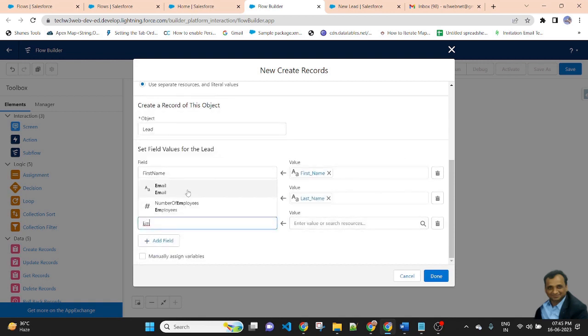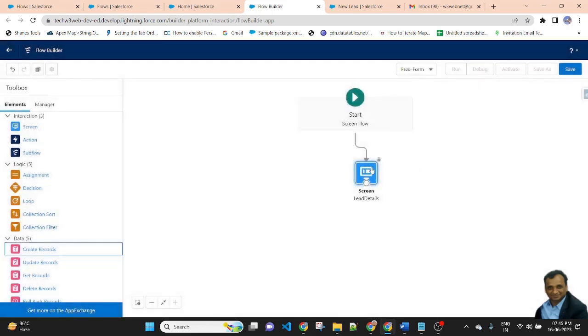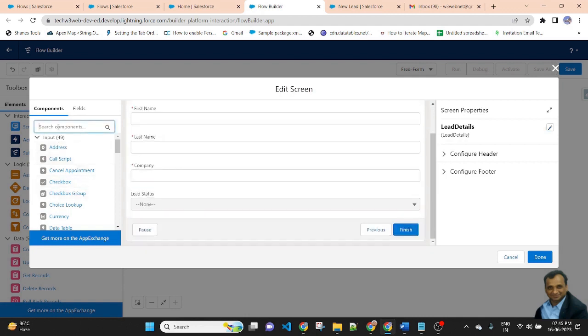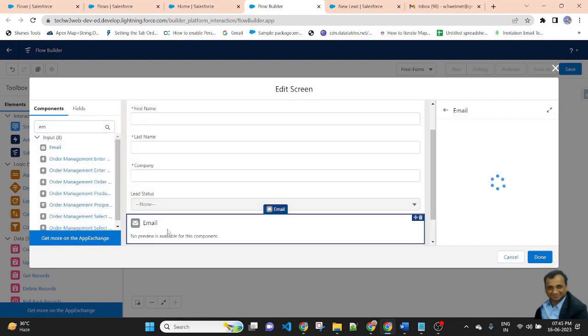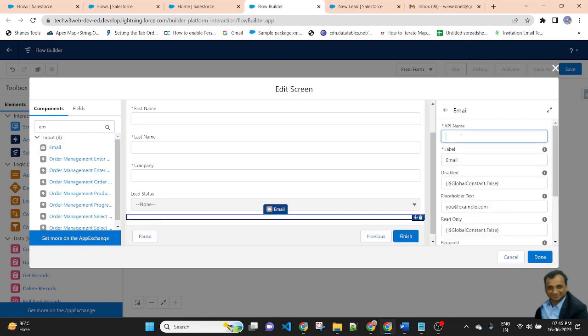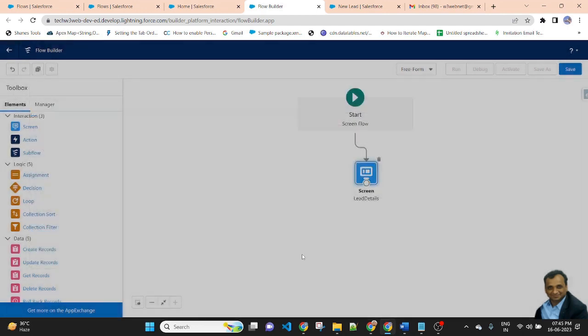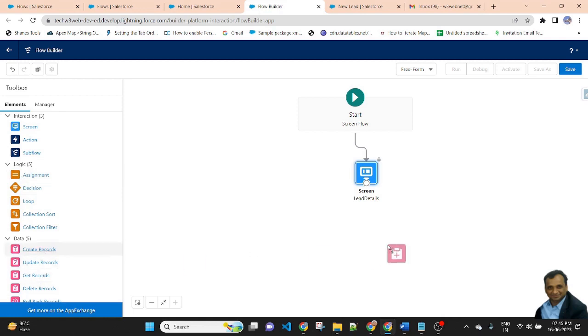Email is mandatory because I am sending an email to the user, so I will also add another component, email, here. Then done. Create a record.